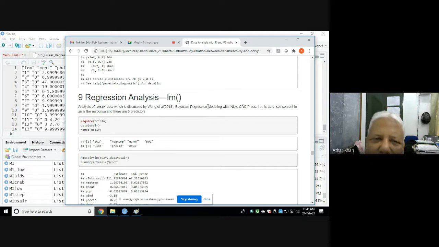This US air data is also discussed in a famous book on regression modeling, very popular among econometricians, probably published by John Wiley, written by Chatterjee and Hadi. So Wang et al. is another book, Bayesian Regression Modeling with INLA. INLA stands for integrated nested Laplace approximation.